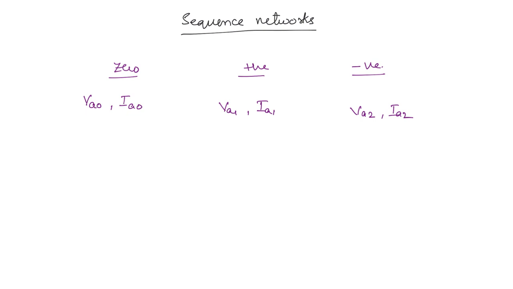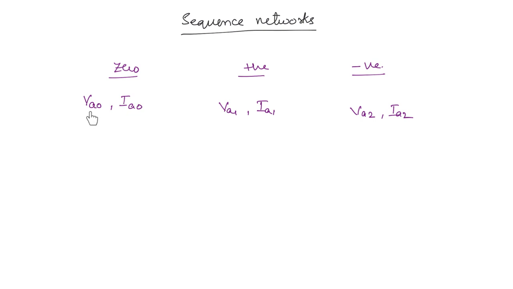And the impedances: if you are relating these both, then you will have an impedance, right? So that will be the zero sequence impedance. Similarly, you will get a positive sequence impedance and a negative sequence impedance. Now, since all these zero, positive and negative symmetrical components are balanced,